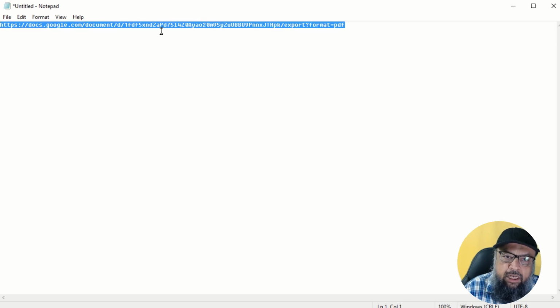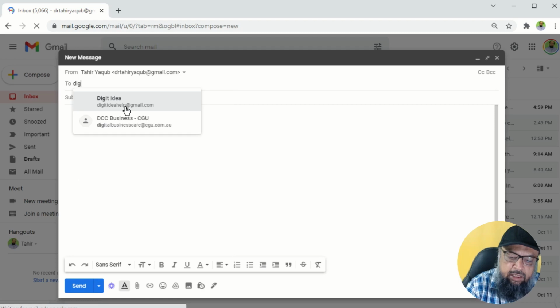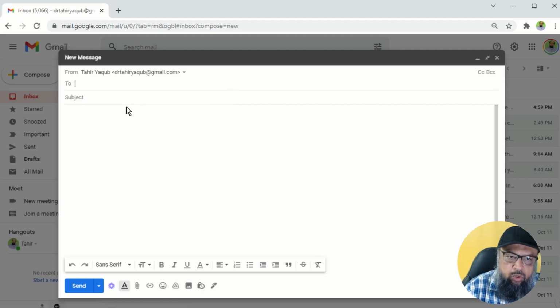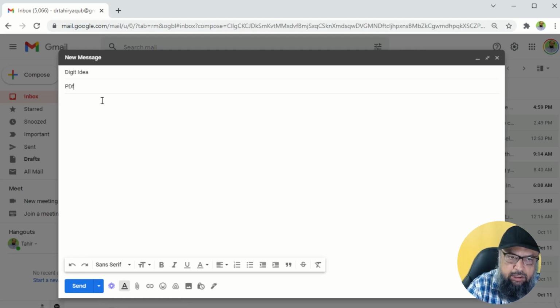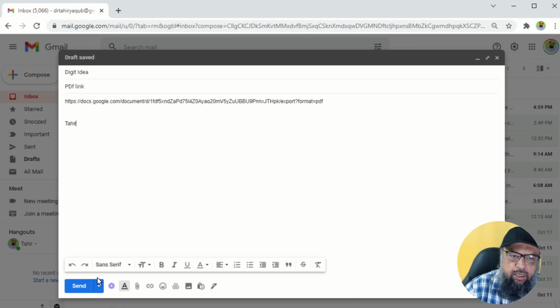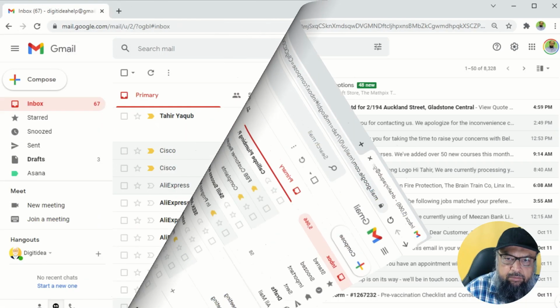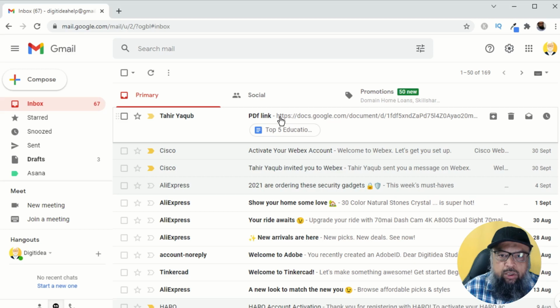And now I copy this link, select and right click, then copy, and now I send this link to someone. So I'm using my own account. Let's give it a title, and I paste this link, and whatever you want to write you can write, but I just click on send. And now in my second email account I got this message.